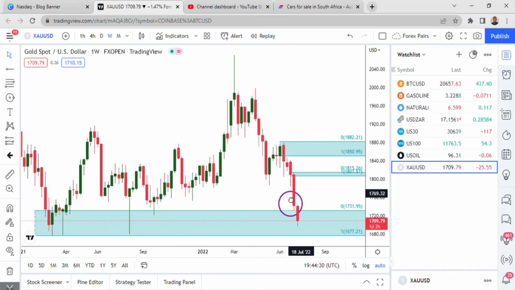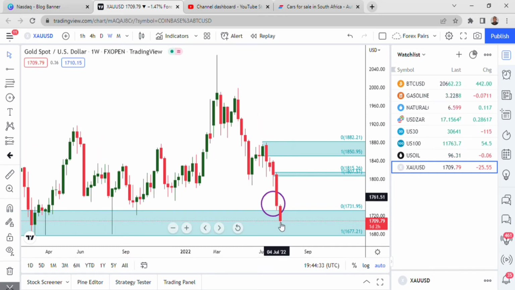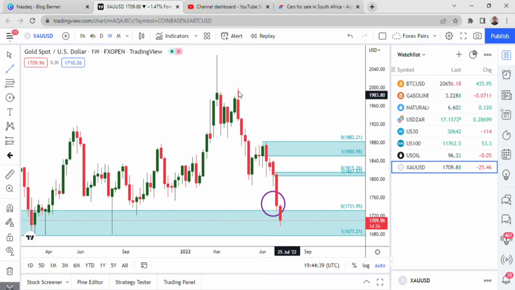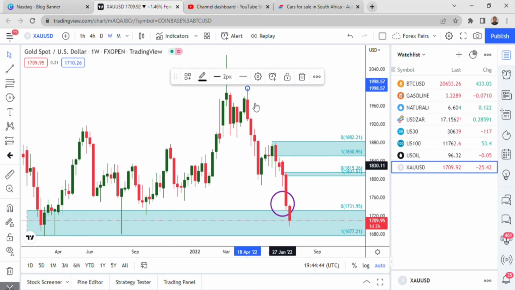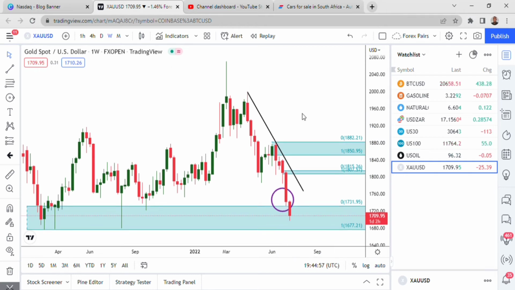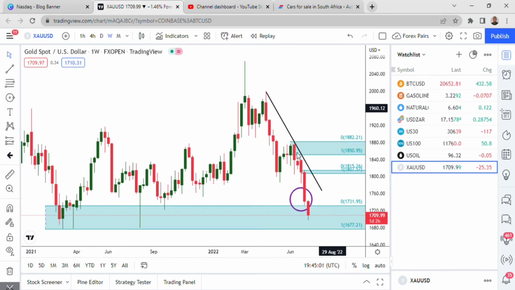Even though the price has jumped into the monthly area of support, this is our weekly trend line, because we do have a lower low. Remember, we only put a trend line when the price makes a lower low or a higher high. That's the only time you know that the price is in a trend. If I don't have a trend, then I won't be able to put a trend line. So that's what we are having.